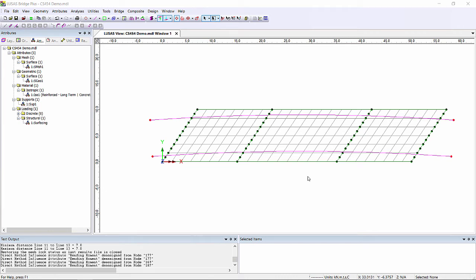Welcome to this demonstration of CS454 Vehicle Load Optimization, available in LUSAS from version 18.1. The model I'm using for this demonstration is a free-span slab bridge modelled with shell elements. Over this skew-ended bridge we have a curved carriageway with these two lines defining the curb lines or edges of